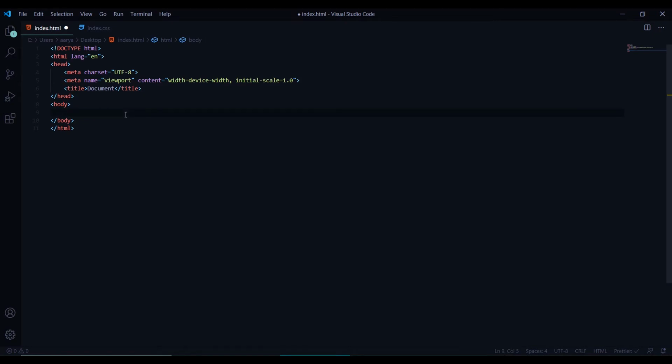What it also provides us is all the basic attributes of some specific tags. Like with an anchor tag, we need to have an href. So as I type A and press enter, it provides us with the href attribute.